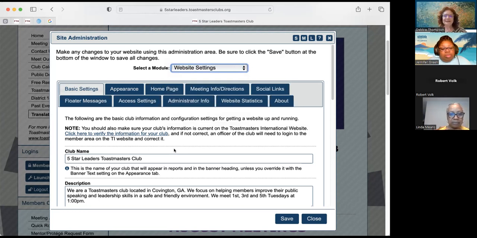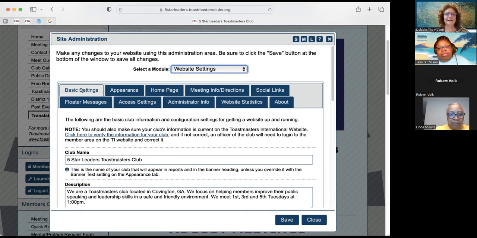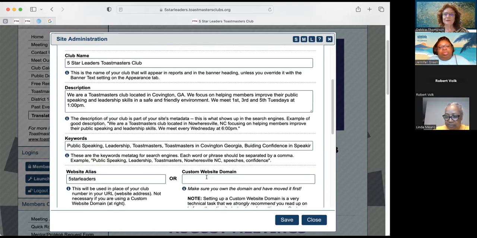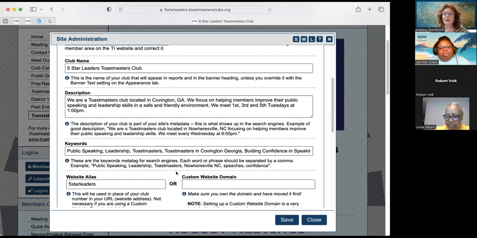So the first thing I wanted to talk about just very, very briefly is this basic settings tab, because I think this is a tab that you may want to just go back and update or look at to see if this information is up to date. And you may want to review it. The thing that I was talking about is keywords.